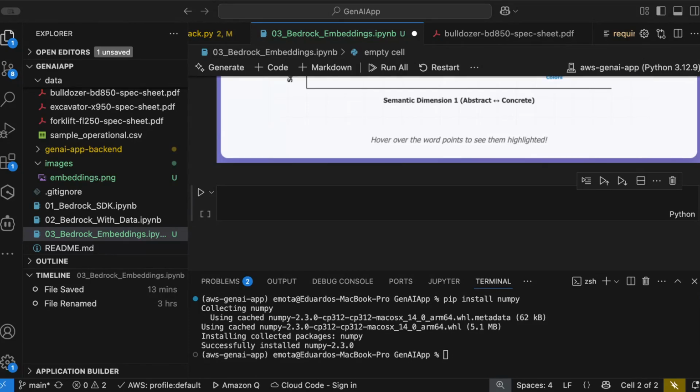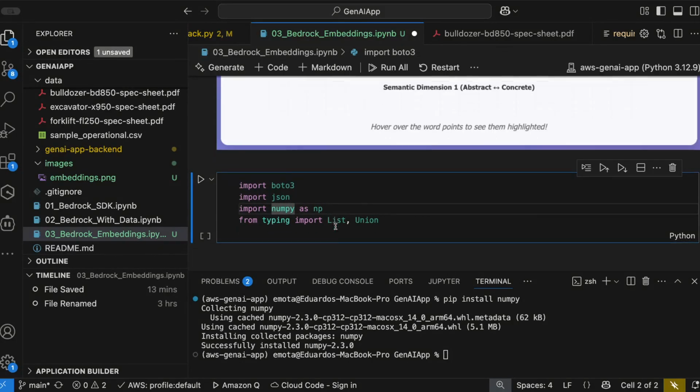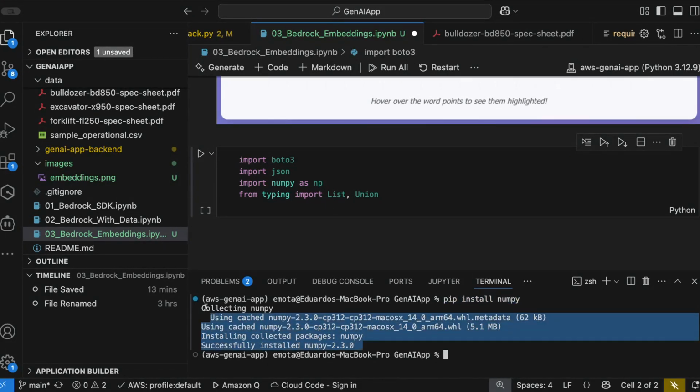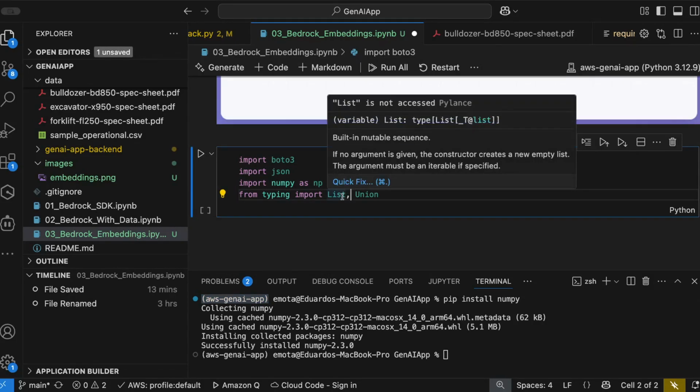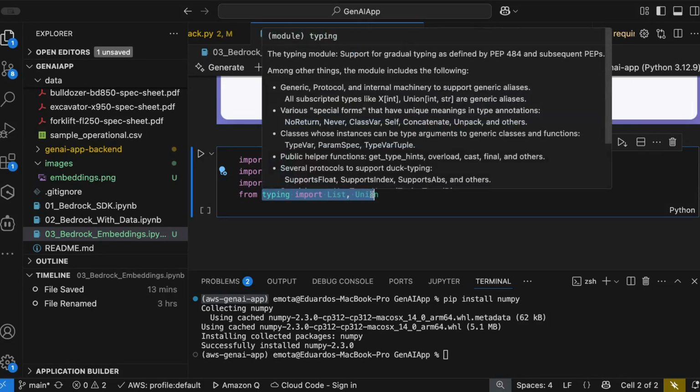I'm going to import JSON and NumPy. Don't forget to install NumPy. I already installed it in my system, but don't forget to install it. You can do pip install numpy, right here, and it will install NumPy. Don't forget to activate your virtual environment either. So that's important too. I import JSON, NumPy, and I'm going to import typing, List and Union, because